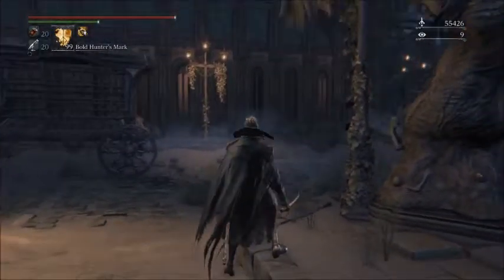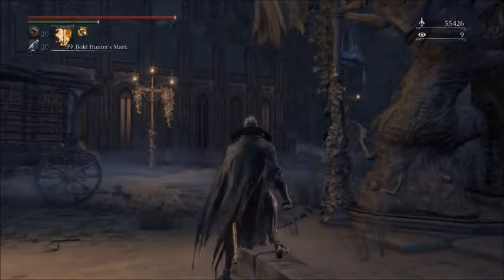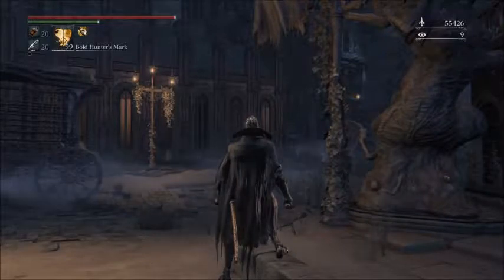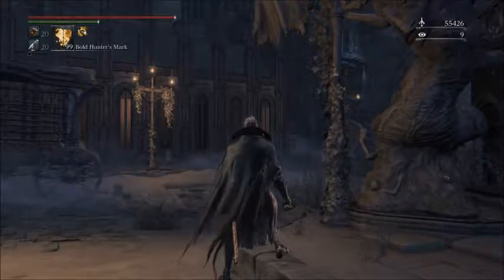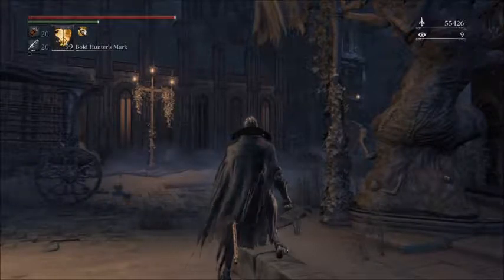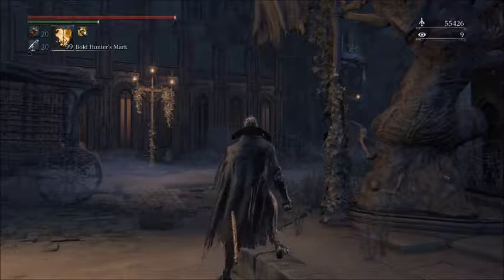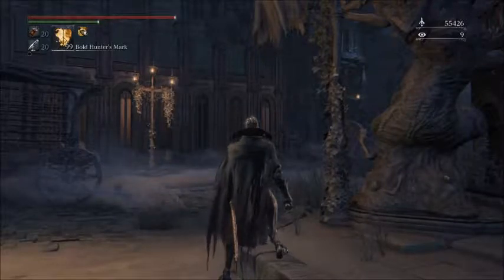Okay, with those guys out of the way, I can finally say what I wanted to say. So, Yahar'gul is a really interesting place. There's a lot of sinister lore behind it. Normally, you're only able to access it after you defeat Rom and trigger the Blood Moon, which lifts the veil and lets you see the horrible ritual that's going on in Yahar'gul and all the crazy, horrible stuff